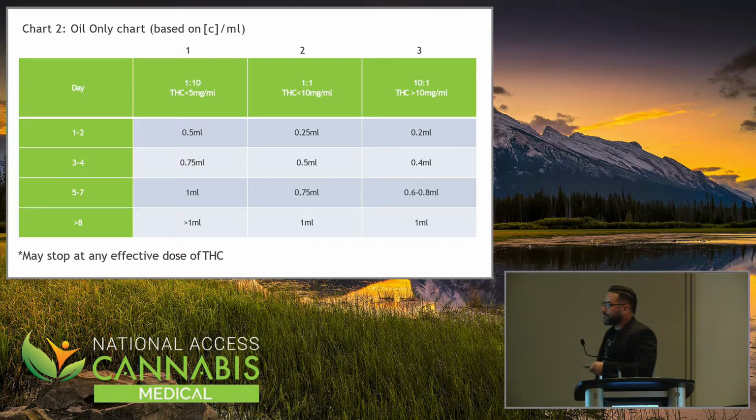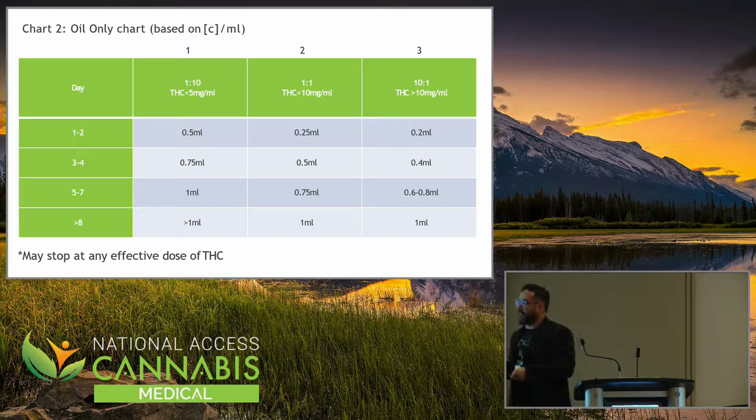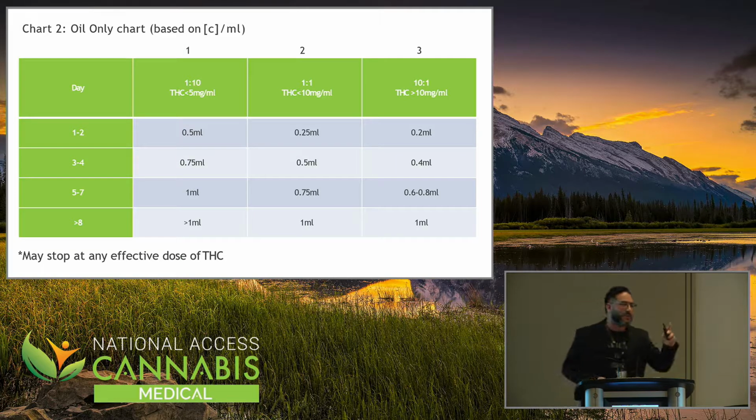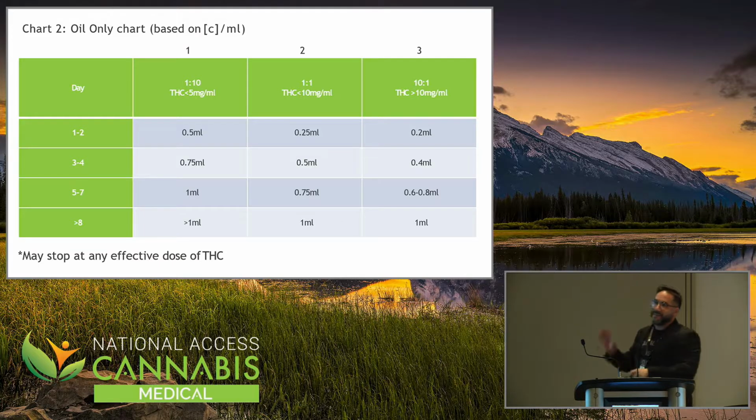So, again, I'm dosing it based on THC for the simple fact that it's the one that contains most of the negative side effects. You can still use the same thing when having CBD. Usually people that have a THC around here, less than 5 milligrams, it's usually like a 1 THC to 20 to 25 CBD. This is where I'll start them with their CBD oil. Whereas over here, if it's more than 10 milligrams per milliliter, this is where I start the people that use a high THC.